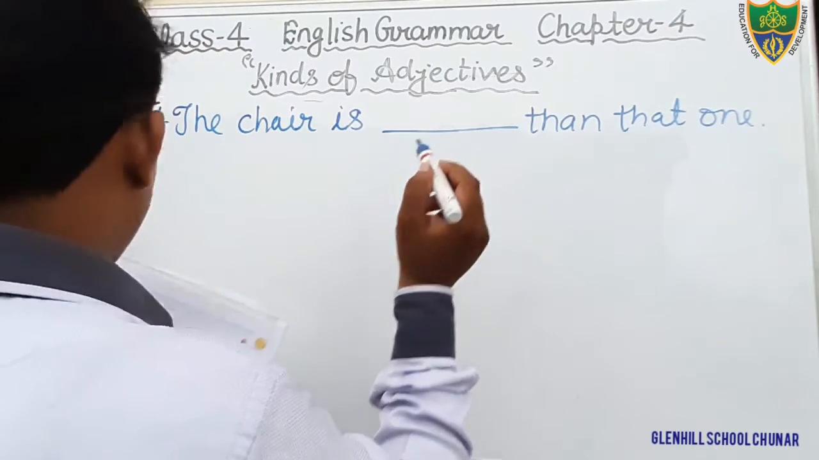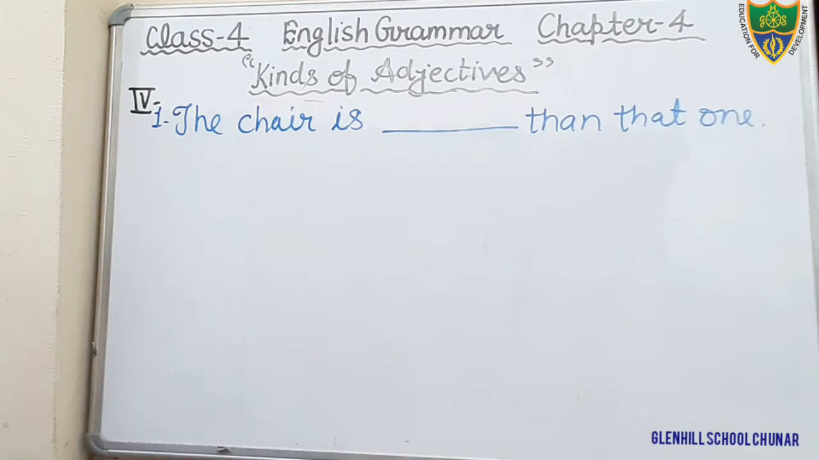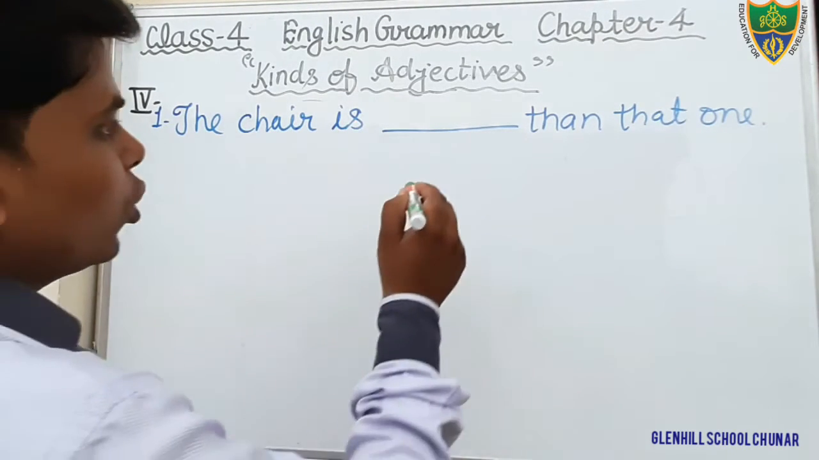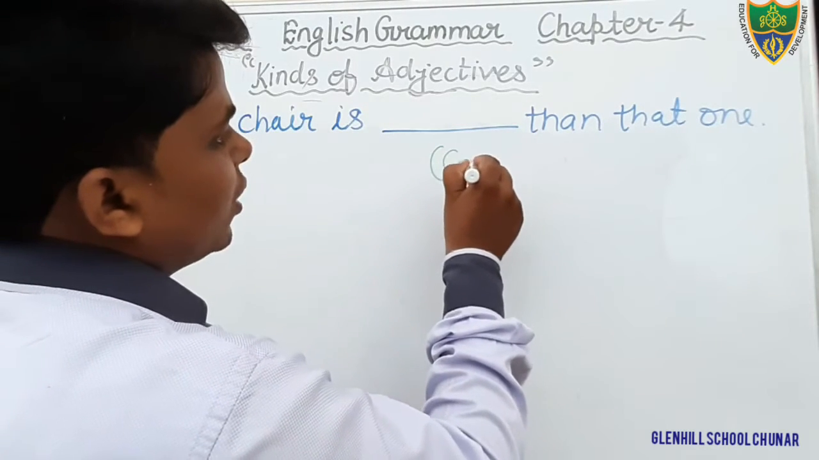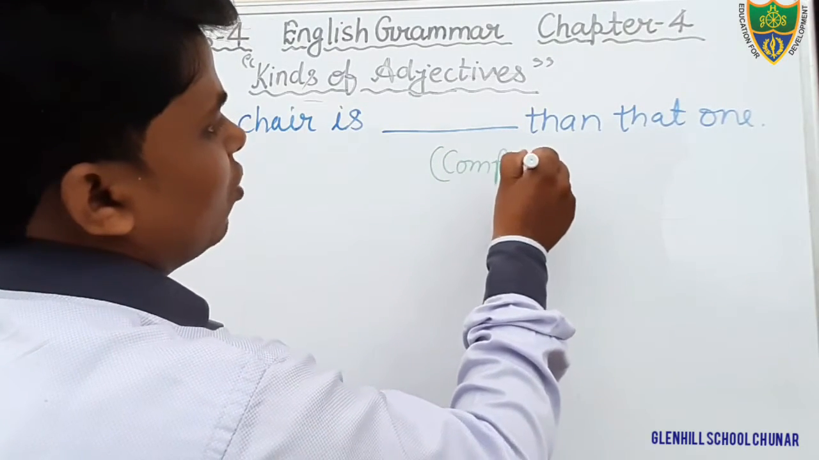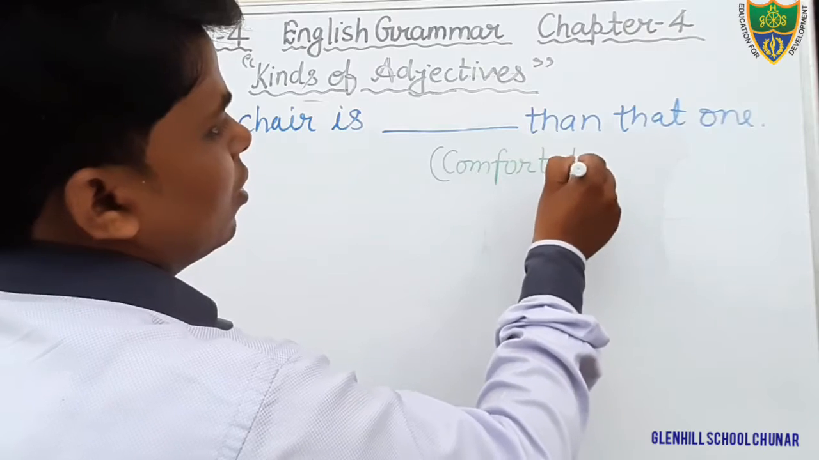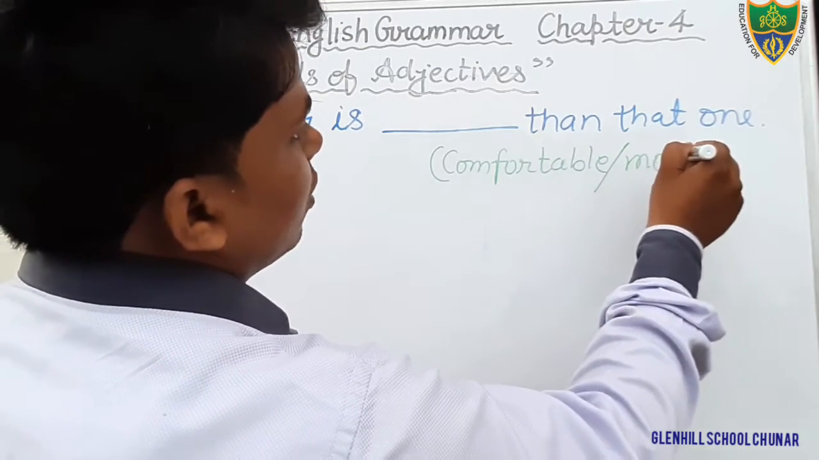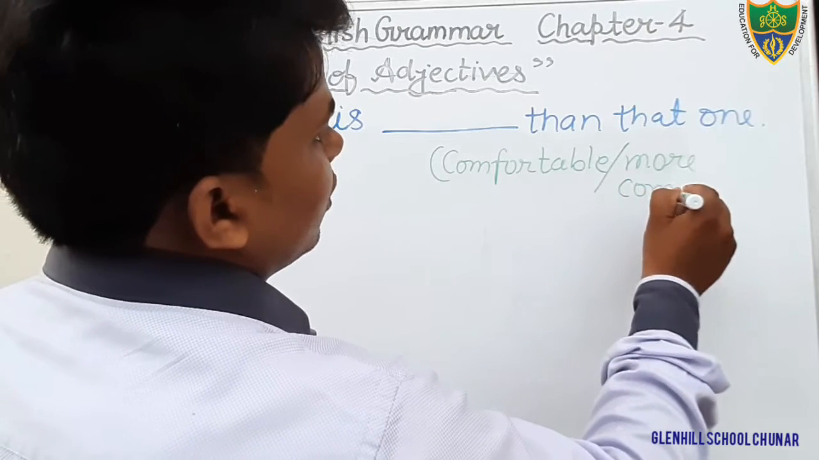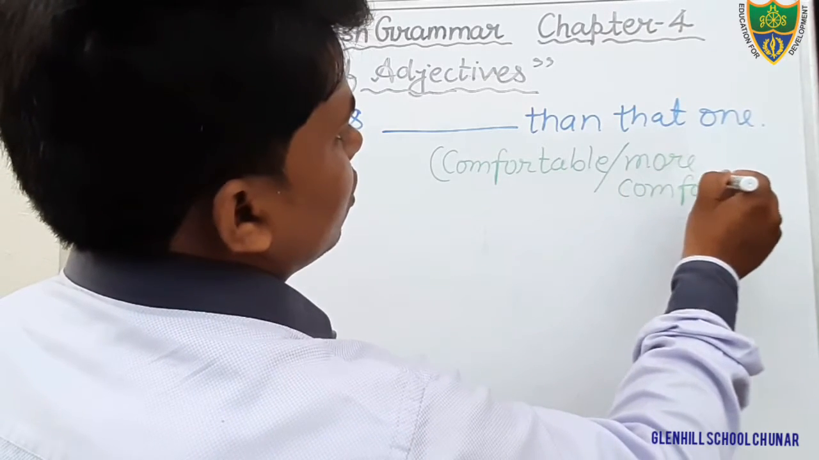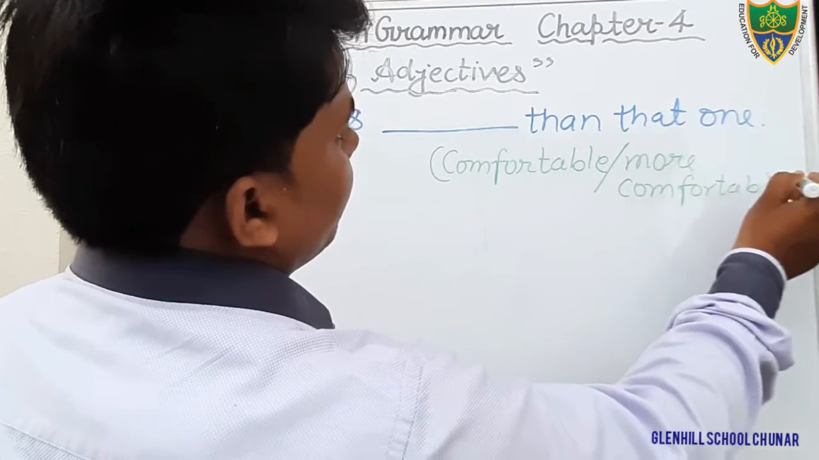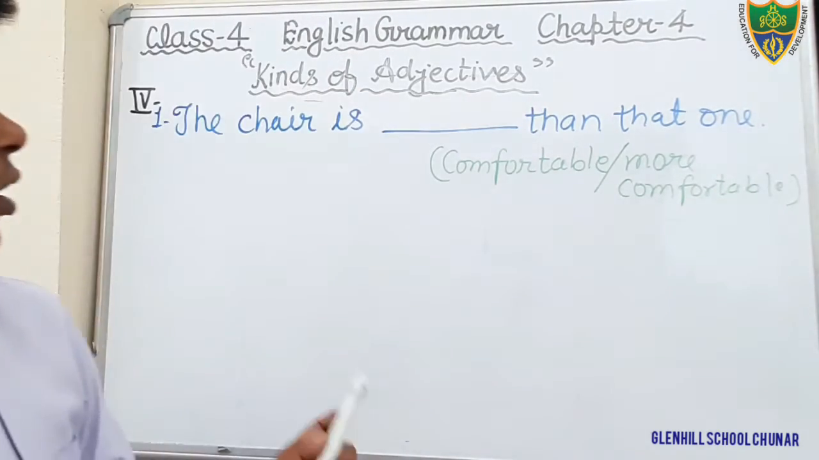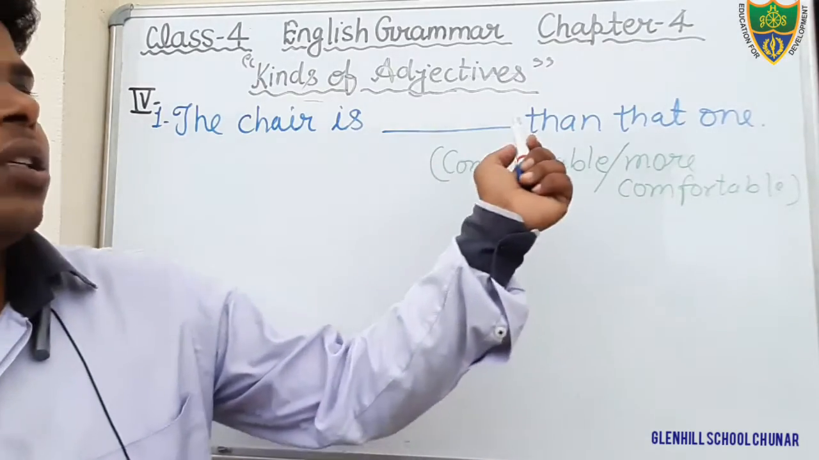There are 2 options given. Dear students, you can see there are 2 options given. Comfortable, more comfortable. It is given here, comfortable, and there is one more option that is given, more comfortable. Okay, there are 2 options given that you have to fill. Here just see, the chair is ...